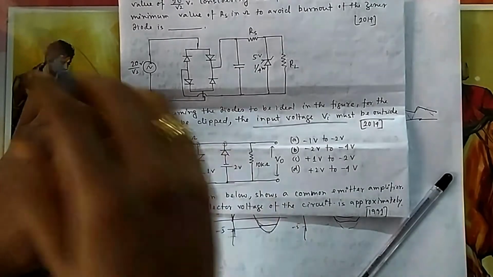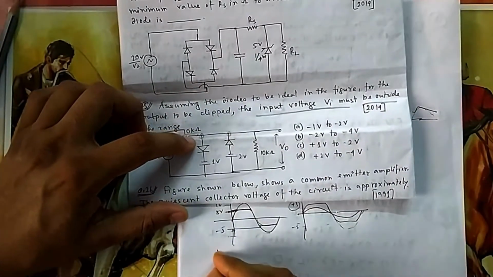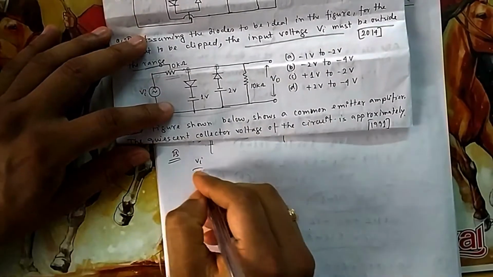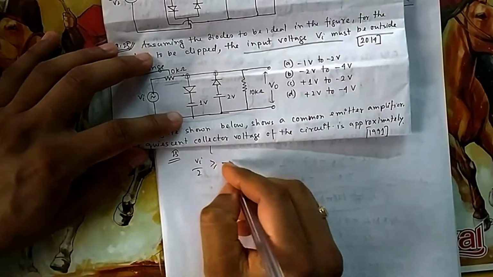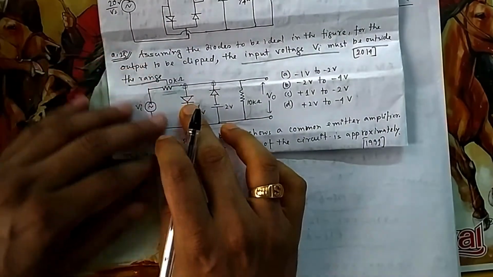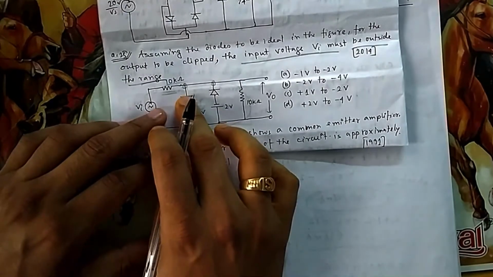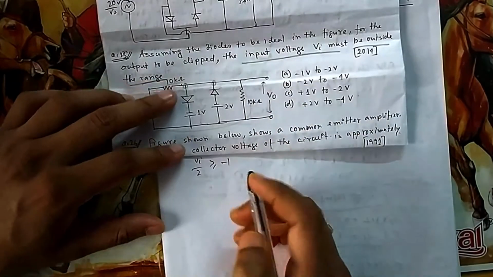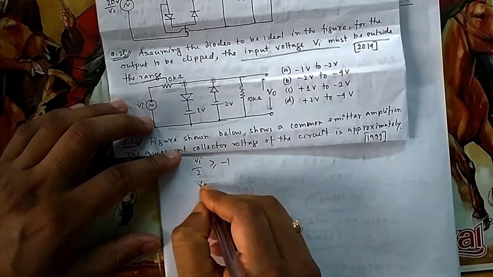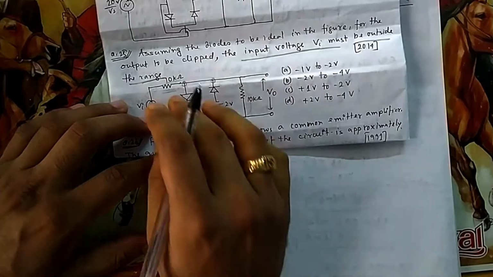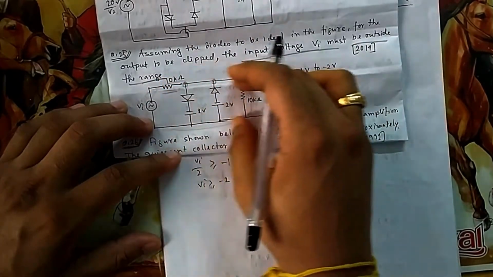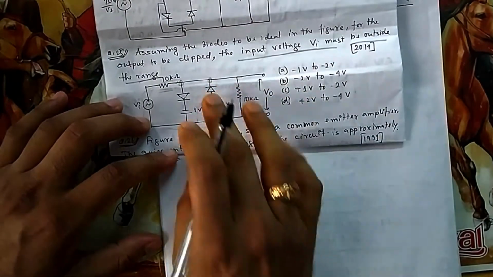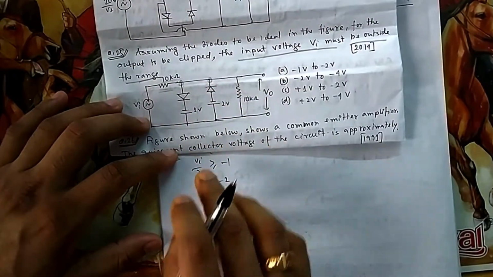Okay, so whatever voltage, that is Vi by 2, is coming here, that is question number 25. So this Vi by 2 must be greater than minus 1. So this is my first condition, so that it gets on. So once it gets on, then you will find minus 1 voltage fixed. So my Vi by 2 should be greater than minus 1, that means Vi should be greater than minus 2. This is one condition to make it on. Then my output voltage will be fixed at minus 1. And here they are not asking output voltage, they are asking about input only.